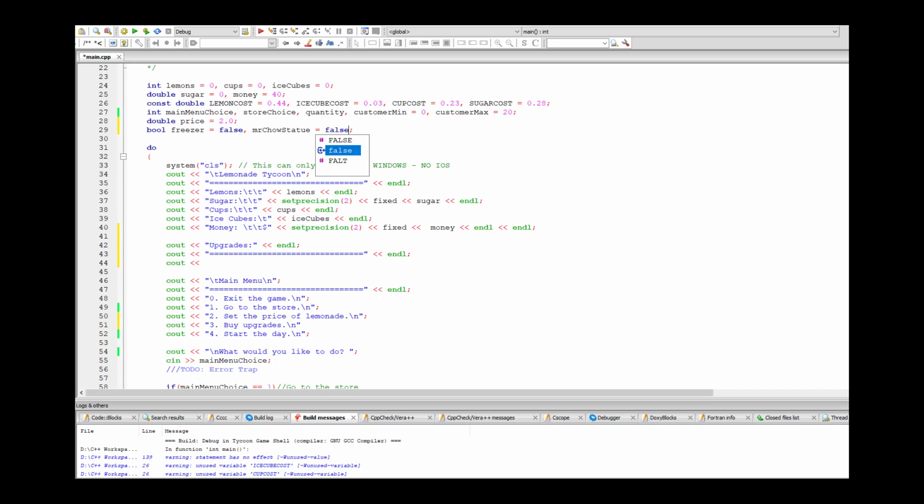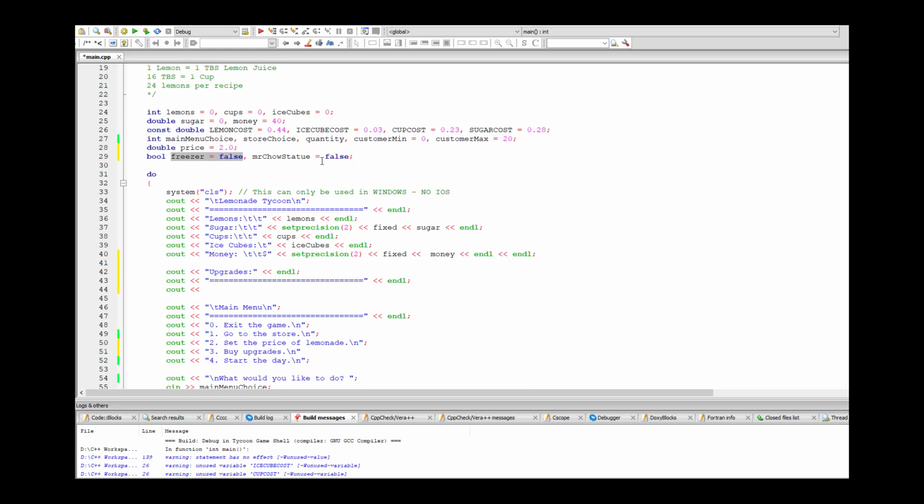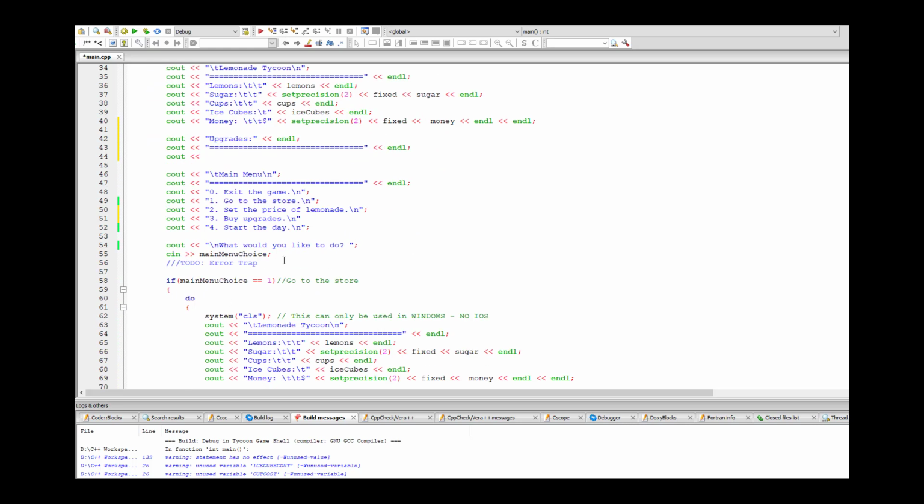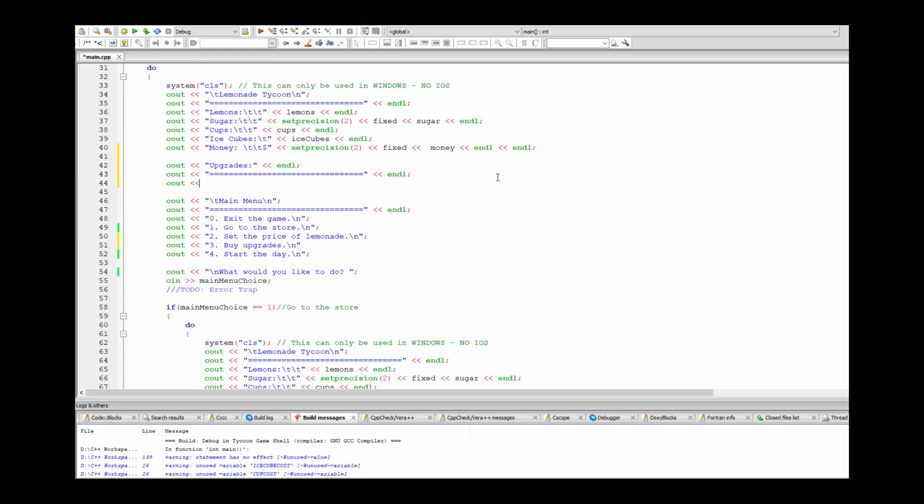All right, and they're both going to do different things. Now, at first, I don't have the Mr. Chow statue, and I also don't have the freezer, both of which basically do different things. Right, so I don't have the freezer, don't have Mr. Chow statue either. Now, in the menu, what I would do is I would say